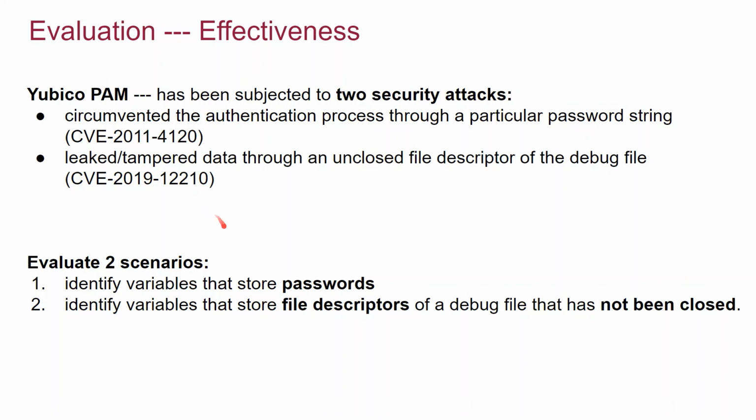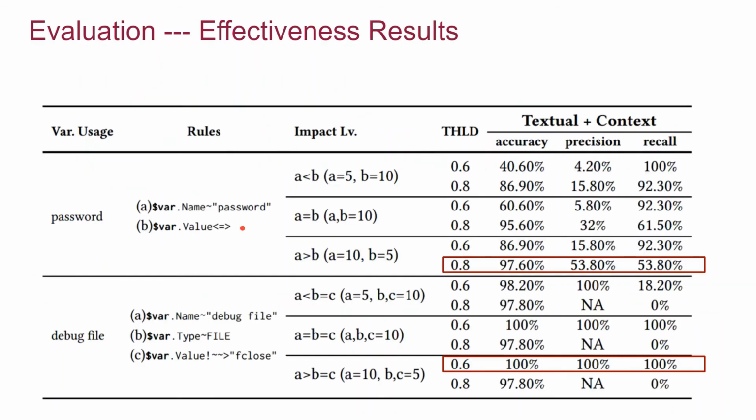So we evaluate these 2 scenarios. First, identify the variables that store passwords. And second, identify the variables that store file descriptors that have not been closed. Our result tells us that for both scenarios, if we have a suitable impact level and reasonable threshold, our solution can give developers very good